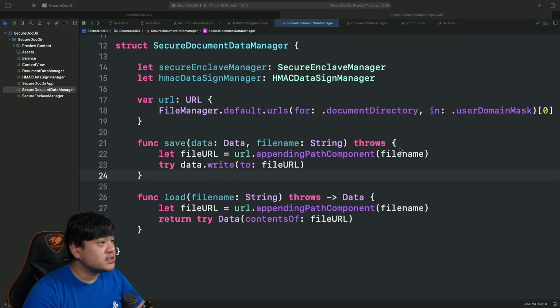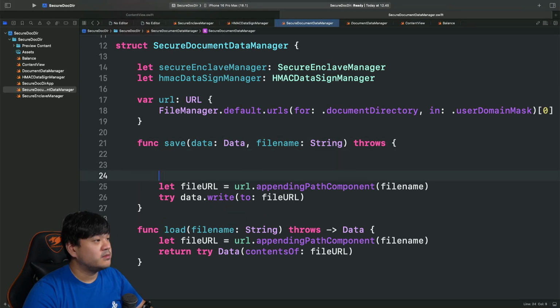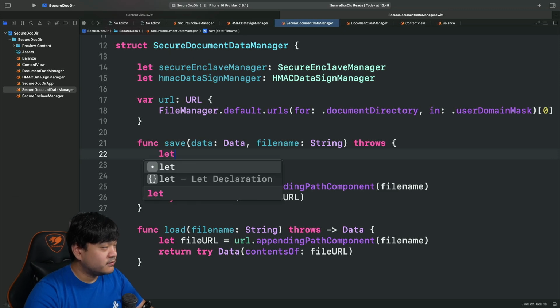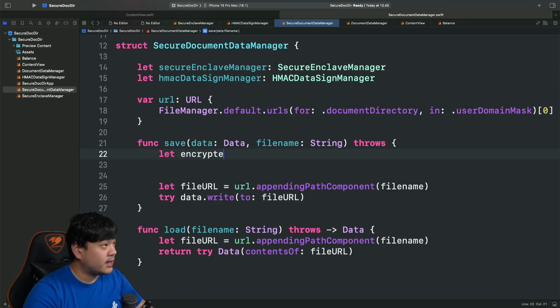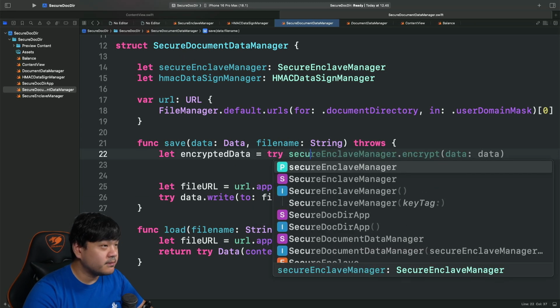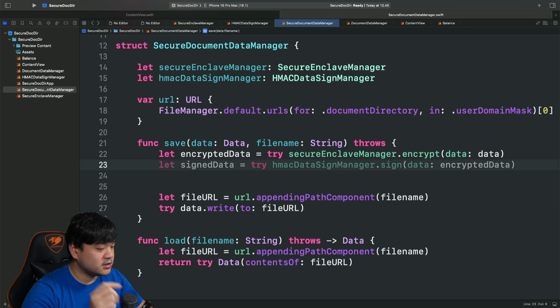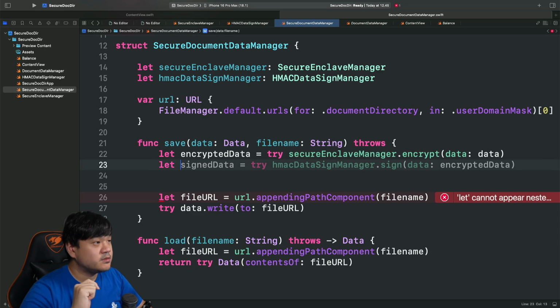So first, the save method. It accepts the data and the file name. First we declare an encrypted data, so we will invoke secureEnclaveManager encrypt, passing the data. So this is the encrypted data. After we get the encrypted data, we will sign it using the HMAC data sign manager.